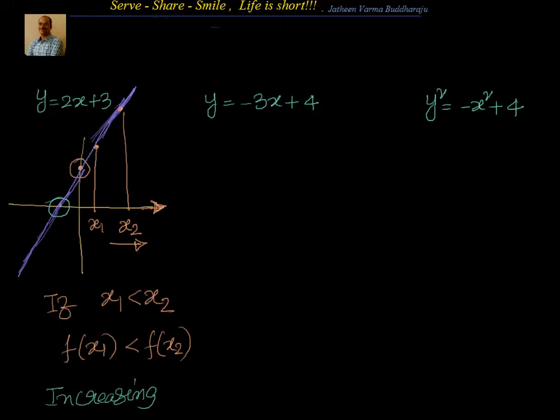Now let's look at the graph of y equal to minus 3x plus 4. For that I will take again the x-axis and y-axis. We know that y equal to minus 3x plus 4 is a straight line with a slope of minus 3 and the intercept at 0, 4. So at x equal to 0, y equal to 4, and y will be 0 when x equal to 4 by 3. So let me say that is the point we have. If you try to join this,